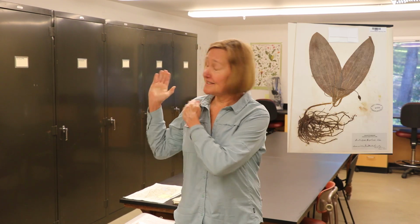and then here inside the herbarium, where it's in a climate-controlled environment where we regulate both the humidity and the temperature, so that we can keep plant specimens for long periods of time. Our oldest specimen is from 1867, and it's still preserved in